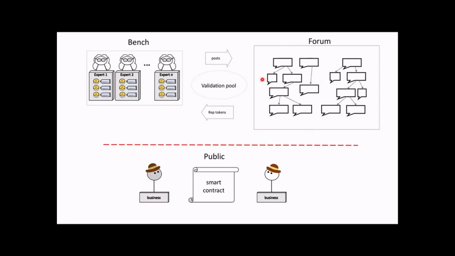Well, how do you know whether they drove properly? Well, there needs to be a validation pool. Okay, so this is the main DAO smart contract that I'm going to get into in great detail. It'll take me 15 minutes to explain how we measure whether or not the person drove properly or did whatever task it is that the DAO does. Okay, and so that's going to be our major smart contract for the DAO.